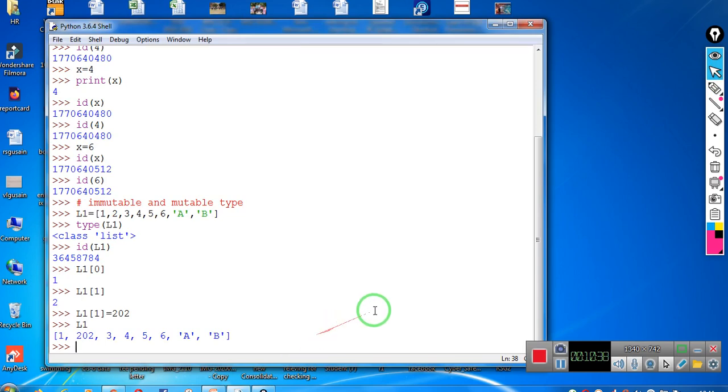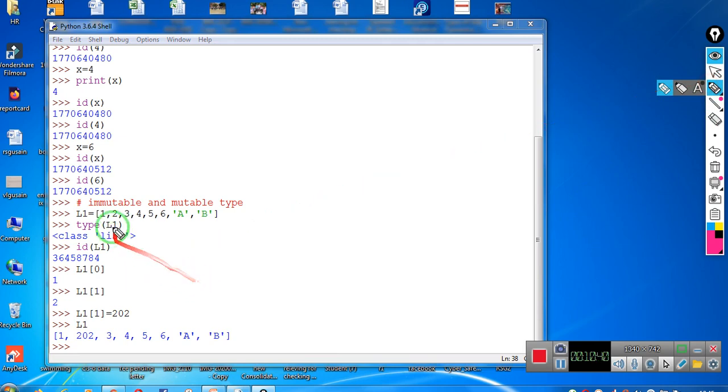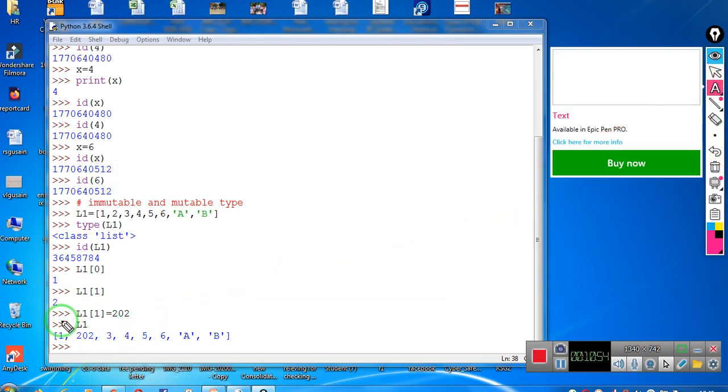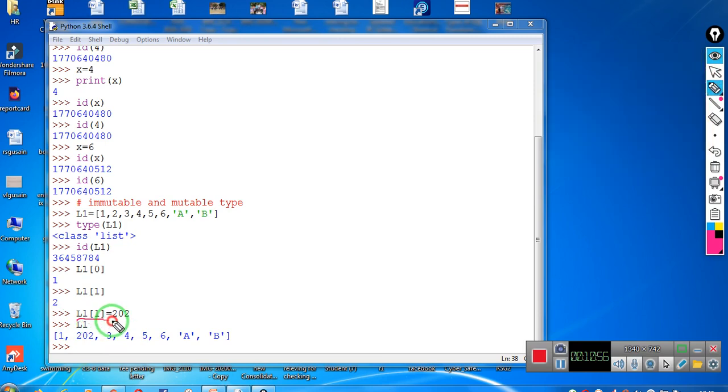Earlier the index number 0 was 1 and the index number 1 was 2. Now the index number 1 is 202. Why is that? Because we have changed the value of index number 1 to 202.